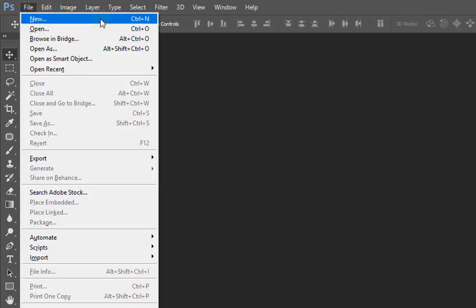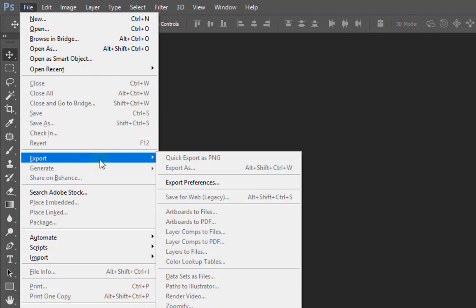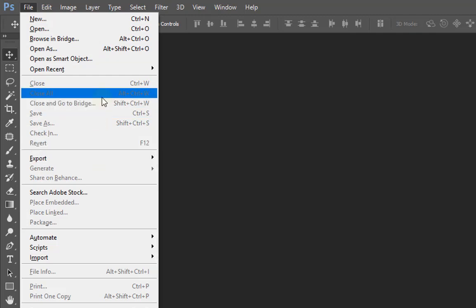File, you can use it to open a new file or to import a file from your desktop or from your PC, and to export the file after doing some edits in it, or after making your picture or your design. The shortcuts are very useful, and they shorten the way and save a lot of time for you